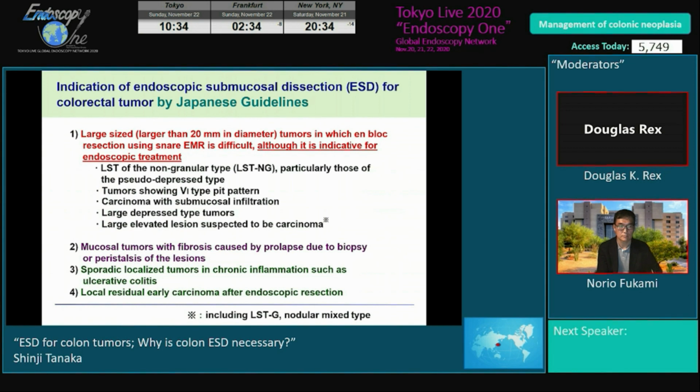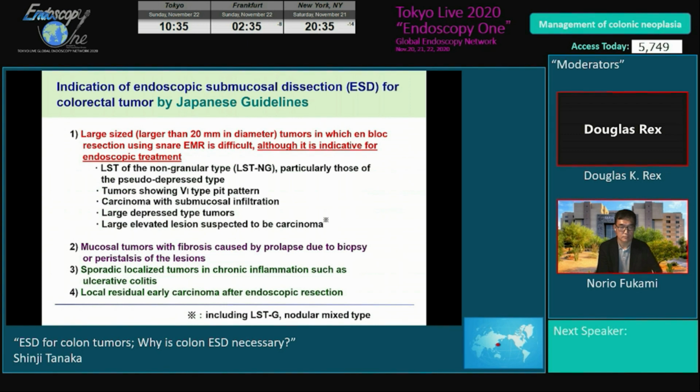Concrete cases as below. Number 2, mucosal tumor with fibrosis caused by prolapse due to biopsy or peristalsis of the lesions. Number 3, sporadic localized tumor in chronic inflammation such as ulcerative colitis. Number 4, local residual early carcinoma after endoscopic resection. If local residual tumor is benign adenoma, ablation is okay. However, if it is carcinoma, complete en bloc resection is essential because we have to get precise pathologic